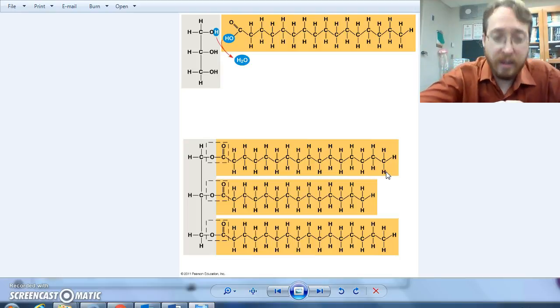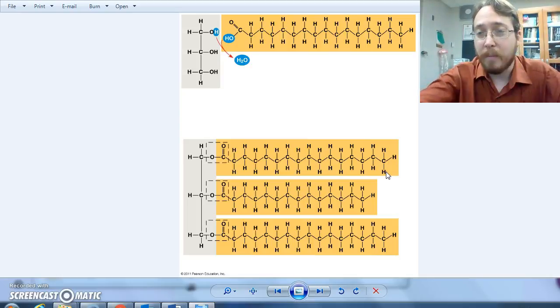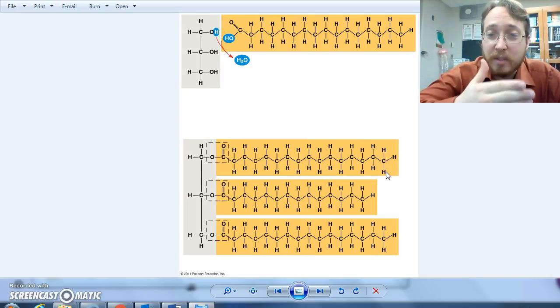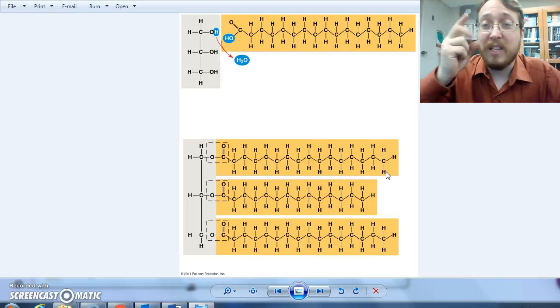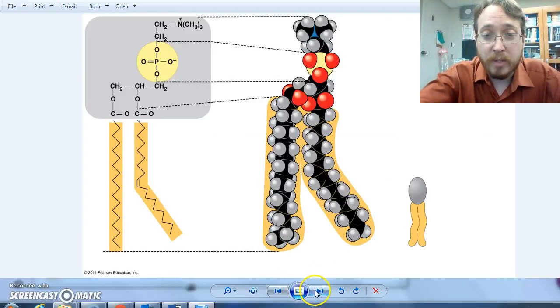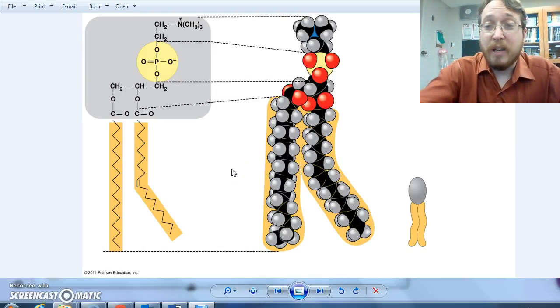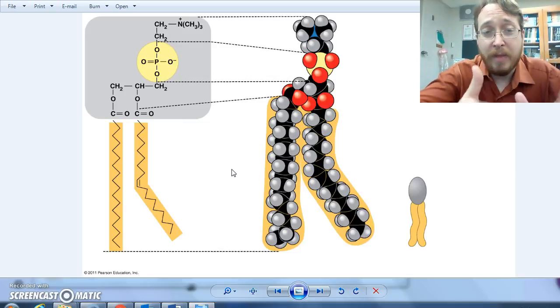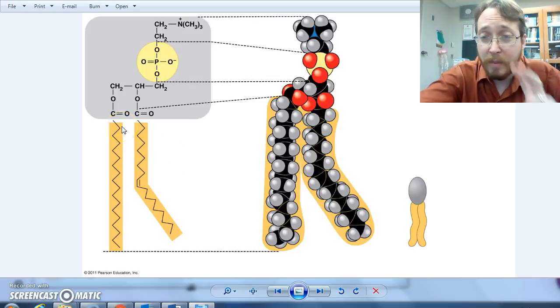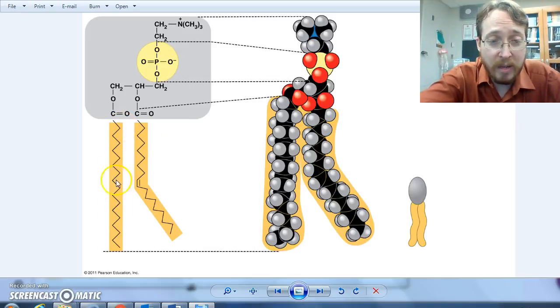Now, the interesting phospholipids, spoiler alert. The interesting glycerides, in my opinion, are the diglycerides, and so those simply are glycerides with 2 fatty acid chains, and you can modify diglycerides with a phosphate head to create a phospholipid, and that's what we're looking at here. So we see that it's a diglyceride because it has 2 fatty acid chains. This here is a saturated fatty acid, and this is a cis-unsaturated fatty acid, and they are linked to a glycerol, so 1, 2, 3, and so this right here would be our diglyceride, our plain diglyceride,